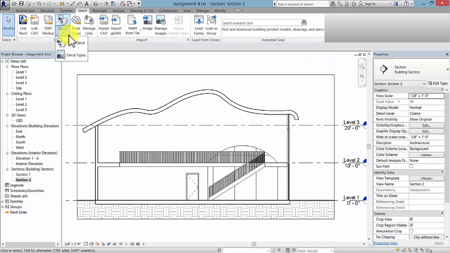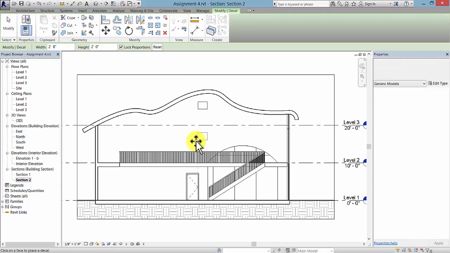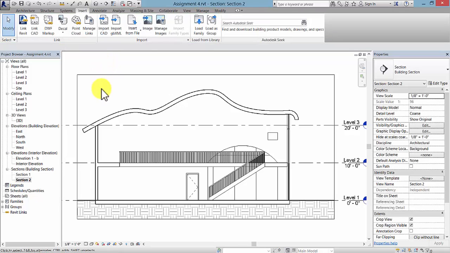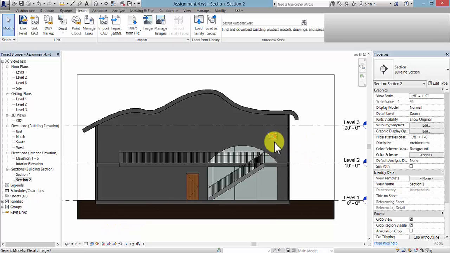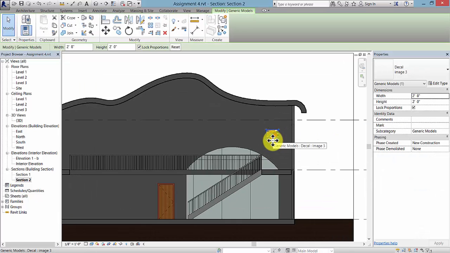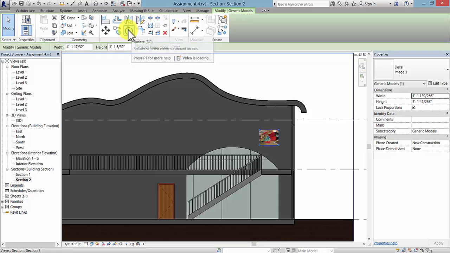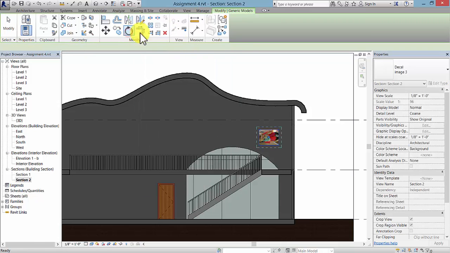And now I have Decal. I can place the decal. Once I place it here, the one that was current, or the one that I had highlighted, will be the one that I can place. Image 3. You can see that you can change the width and the height here in the status bar, but you can also change here the visual display at the bottom left corner to realistic, so that you can see your image. When you click on it, you have these little blue grips you can use to make the image bigger, and you can use rotate in the modify panel to rotate your image the direction that you'd like it